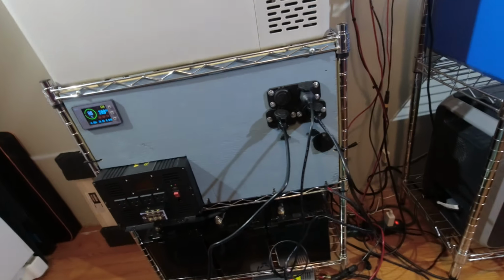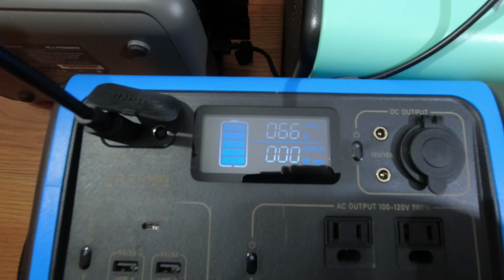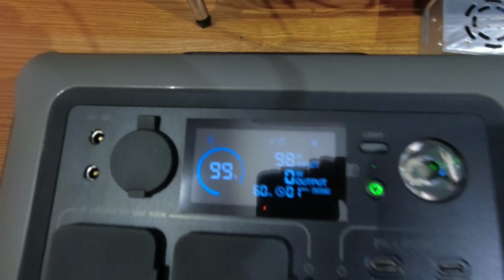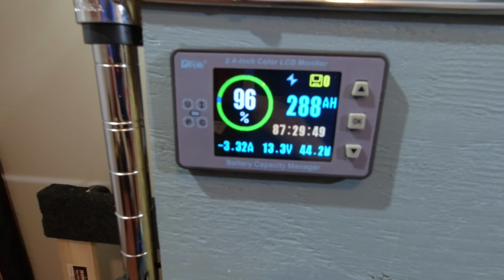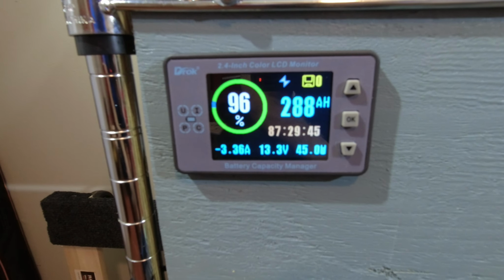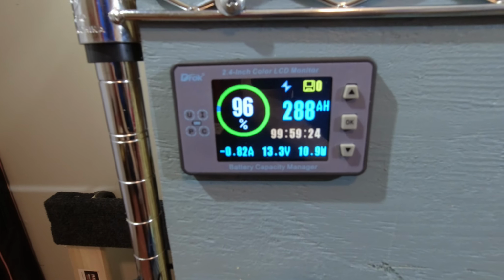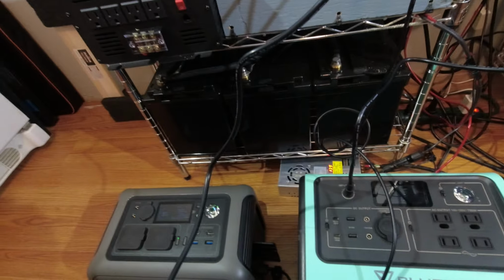So we're looking at pulling 99 watts on the EB70. We're up to 66 on the EB55, and we're up to 98 watts there. So if we look on our screen, we're pulling that without any problems. We do have about 160 watts of solar coming in, so we're only going down by a few watts, but these batteries are